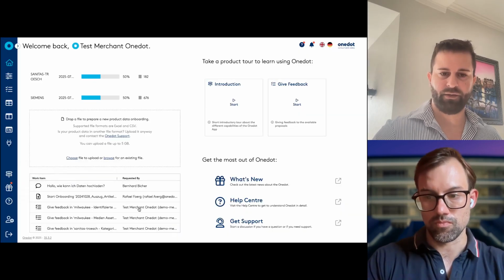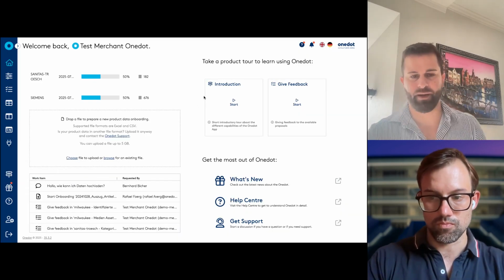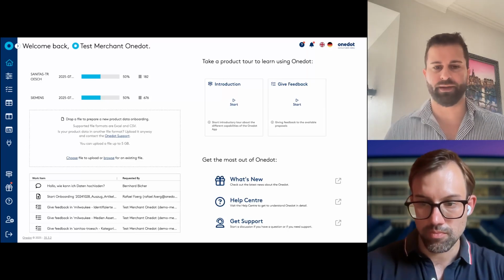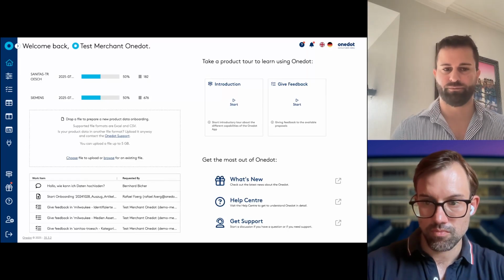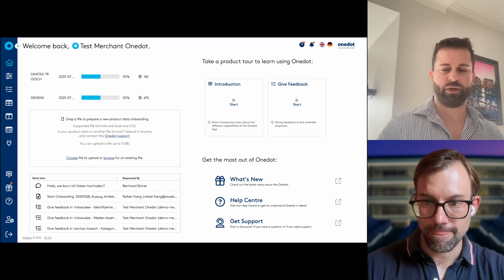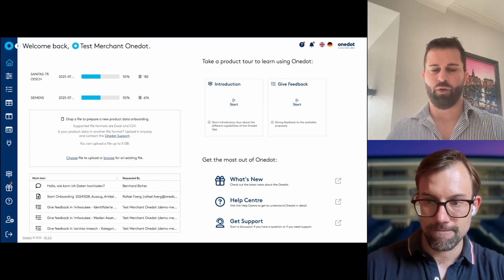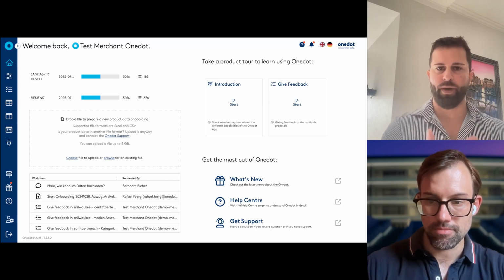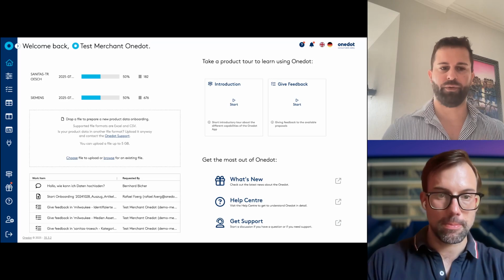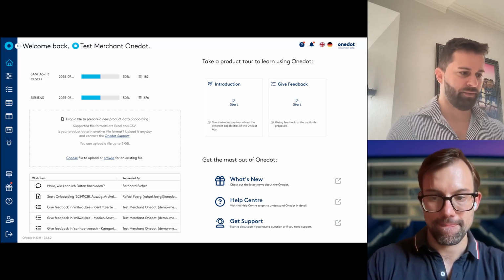Here down, this is like your inbox, you can say. Basically, when you want to know when an onboarding has started or is finished, or you want to give feedback to a user in the group or to the supplier, or the supplier has made a comment on an onboarding step or whatsoever, this is something you can see here.